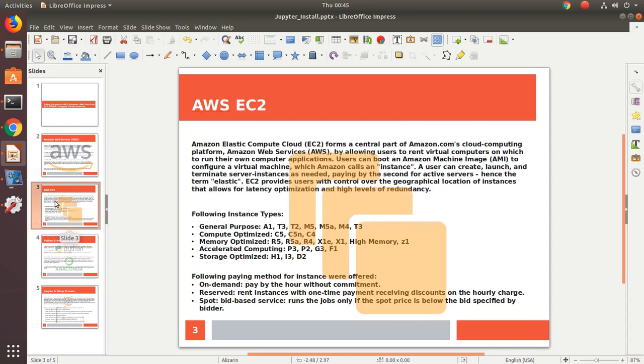So as I mentioned, AWS EC2 is one of the most widely used services for AWS, and it forms a central part of Amazon's AWS's cloud computing platform, and it basically allows users to rent virtual computers. So think of our computers, the one that you're just looking in front of you, as a computer. And what Amazon does is it rents out virtual machines like that, which we can rent by paying a